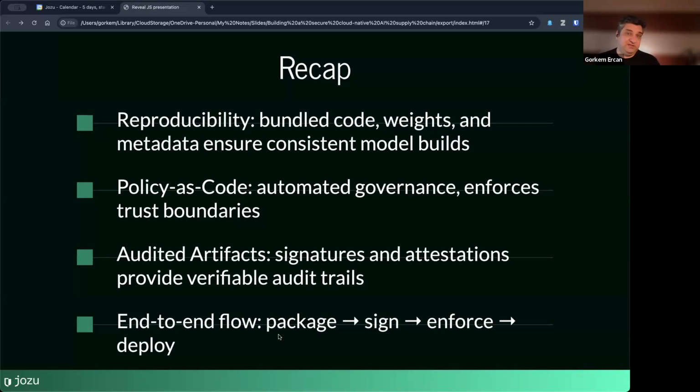Then you need metadata and you need trusted metadata. That's the second thing that we looked at and that ModelKits can provide for you.